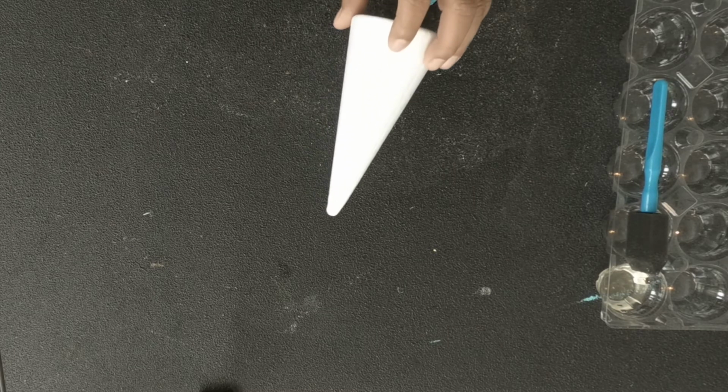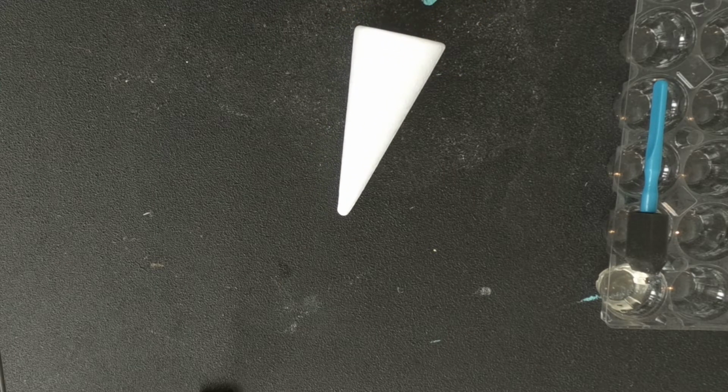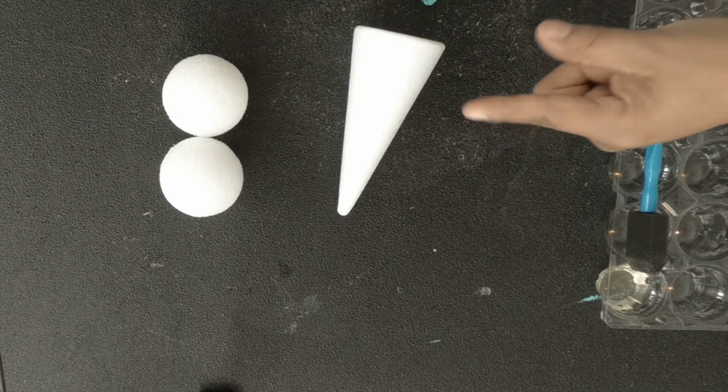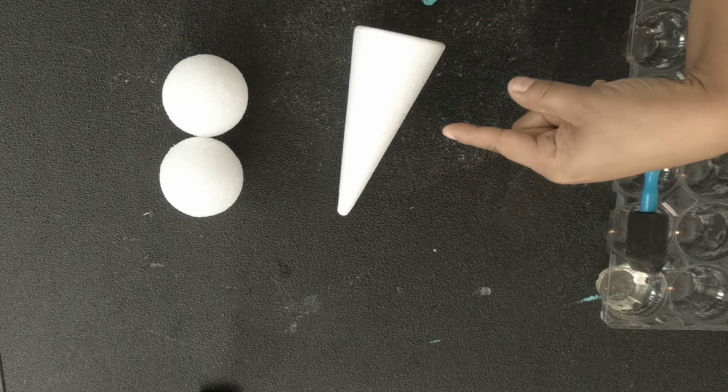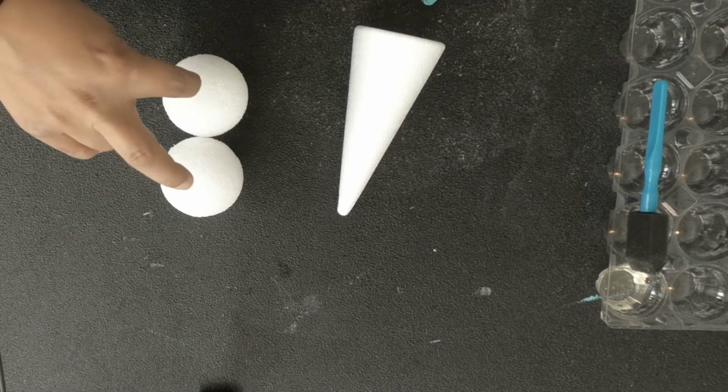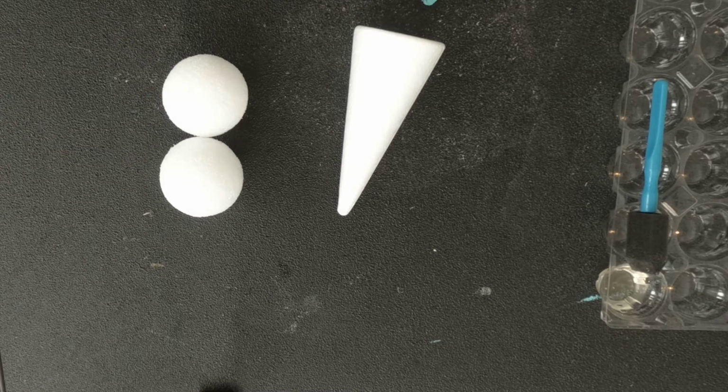One of the things that you want to do before assembling your Thanksgiving wreath is paint your parts that need time to dry. For this tutorial, we're going to need to paint the cone or the beak orange, and we're going to need to put 2 dots in the center of these styrofoam balls. We're going to start with a styrofoam ball first,